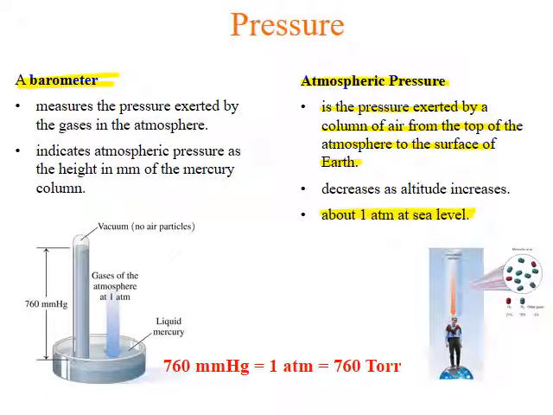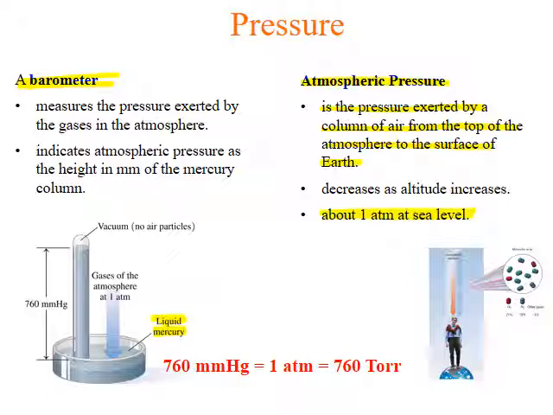Basically, if we try to go any deeper than sea level, then this atmospheric pressure would increase, and if we go to higher altitudes, this pressure is going to decrease. Now, how does a barometer work in measuring this pressure? You can assume that we have a container filled up with mercury. Remember, mercury is a liquid metal, it is really dense.